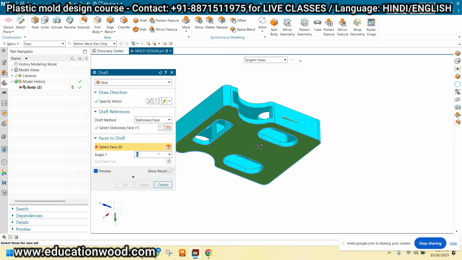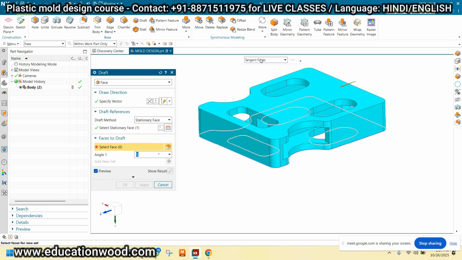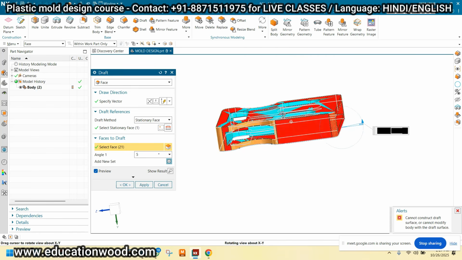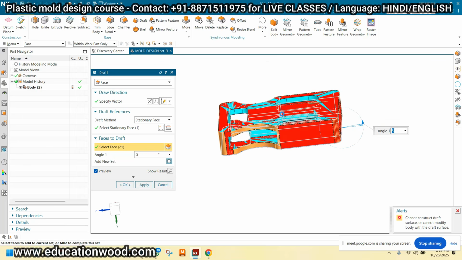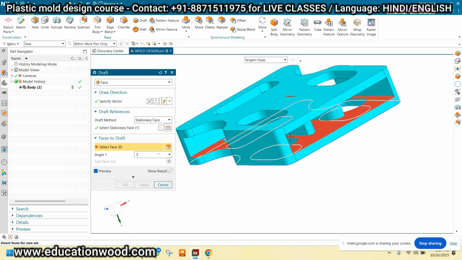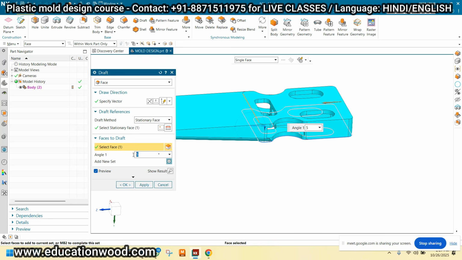Okay, and just select all these faces. Now see, take tangent face like this. Deselect this. Wait, just take the single face. Take this face first of all, and take 0.5 degree.